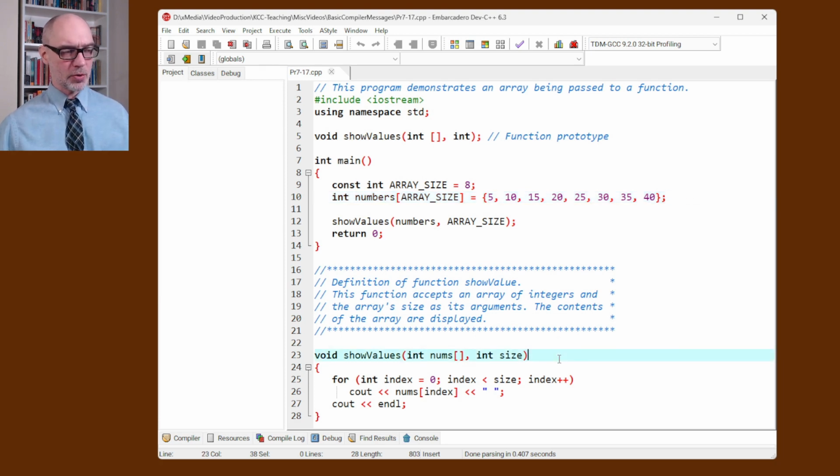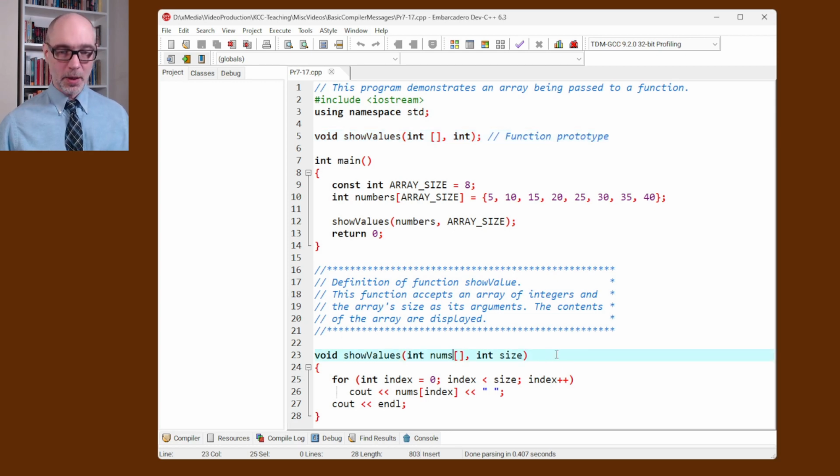The intent of show values is that you can pass in this array, and it's just going to print all of the different elements on the screen. If you look at the function prototype for show values up on line 5, there are 2 arguments. The first one is what we normally do, using square brackets to indicate that the first thing you pass into this function is going to be an array. When you call show values in line 12, the first thing they're passing in is numbers, which is an array, a whole bunch of numbers. They're also passing in the array size so the machine knows how many things are in your array. And you've got those square brackets here in the prototype,